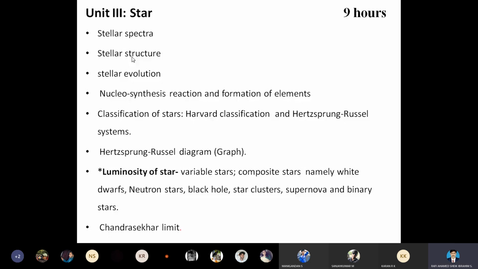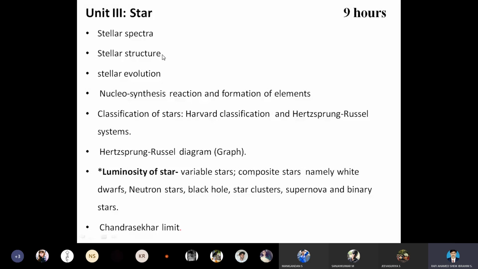The second part from this unit is the structure. So how the structure is going to be formed and developed. As we know, the inner surface is hot. The inner surface is a hot core. So surrounding or beyond the inner surface, we have other layers. As we have seen in the structure of the sun, the structure of the sun is nothing but the structure of the star. So surrounding the inner surface, we have different layers.